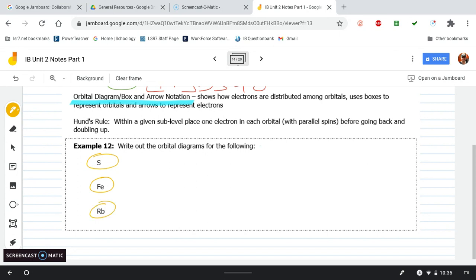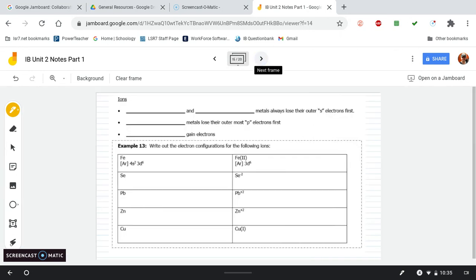Okay, so now what we're looking at here is this bit here, this example 13, and this is the other exception. Okay, so this is the other exception, and this is the other thing you have to memorize. So you've got to memorize the weird exceptions that are just different than normal, and then you also have to memorize how ions are created. And so what happens is that ions are created in a slightly different manner